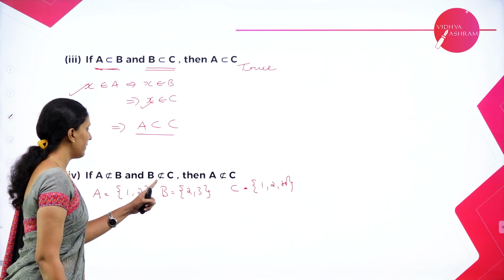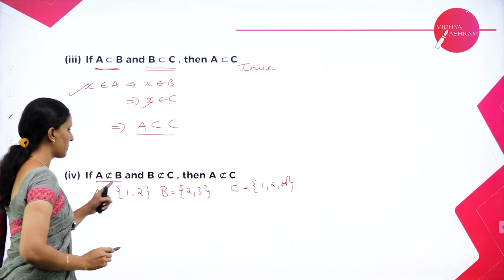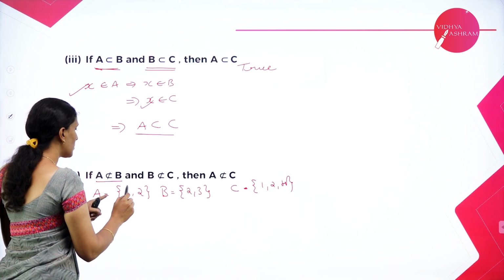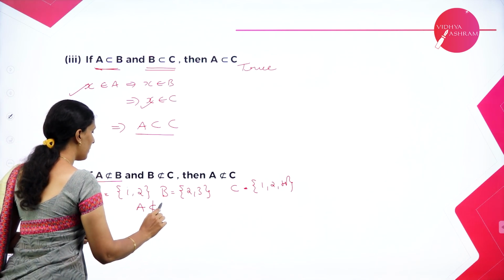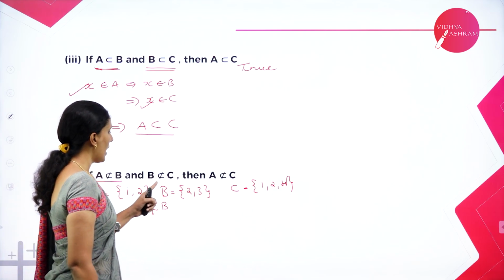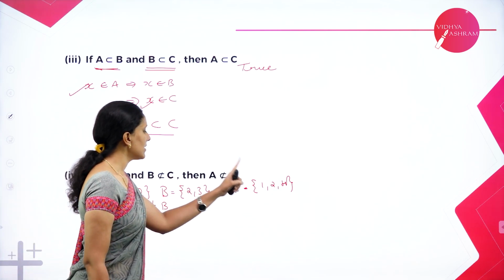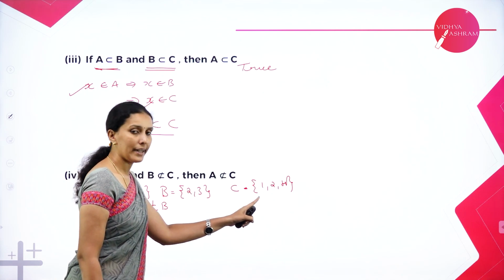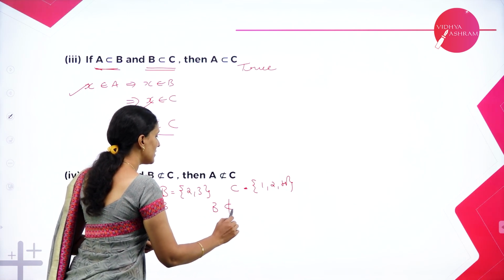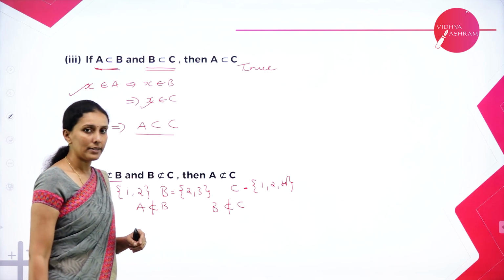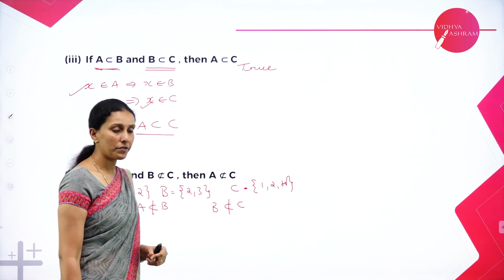Now according to the given statement, A is not a subset of B. See here, because 1 is not contained in B. So clearly we can take an example where A is not a subset of B. And 2 is in C but 3 is not in set C. So therefore clearly we can see here B is not contained in C, or we can say B is not a subset of C. But see